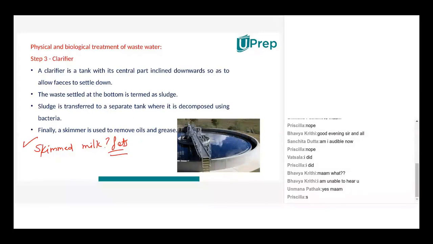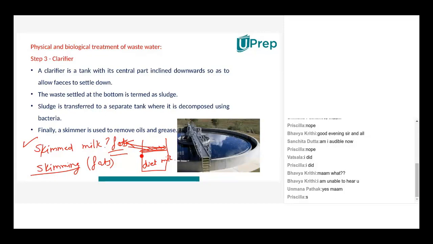In skimmed milk, what happens is that we all know milk has a lot of fat in it. So through a skimmer machine, in the factory itself, all the fat comes to the top of the milk. So they take out all the fat, and that process is known as skimming. They will say that this is a skimming process of milk. We have skimmed out all the fats. So now this milk is fat-free milk. You can drink this, you can lose weight. They also call it diet milk because it has no oil, no fat in it. Absolutely nothing, no fat. It is just filled with protein, minerals and vitamins.